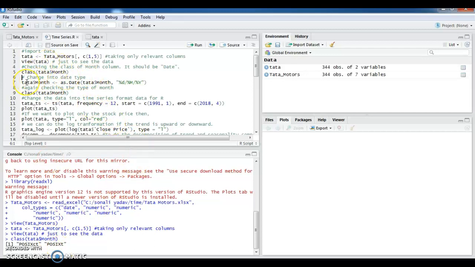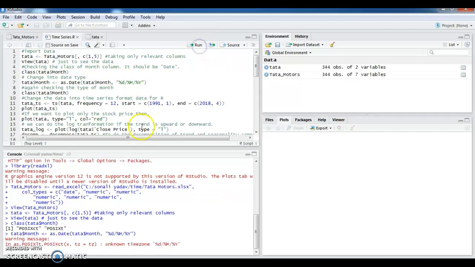How do you do it? Again, write a command, Tata dollar month should be read as date. Okay, with this sign you are assigning Tata month as to be reflected as a date. Open the brackets, write Tata dollar month, and it should be in this format. In the inverted commas, you are mentioning the format in which you want to view it. %d slash %m slash %y. This is the way you want it to appear and look for you. So you run the script and there is a warning message. Warning message should never disturb you. Okay, only the error message is a point of concern that should catch your attention.